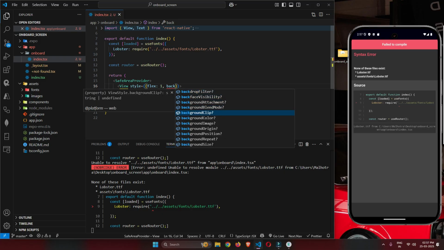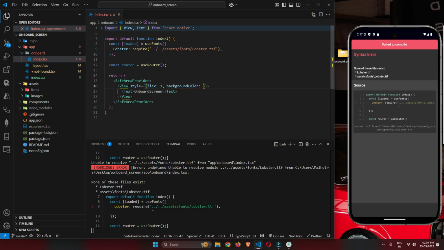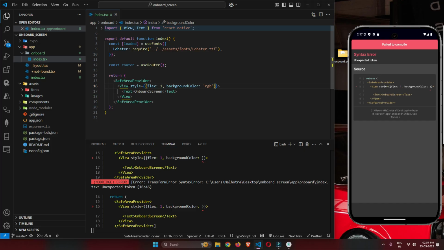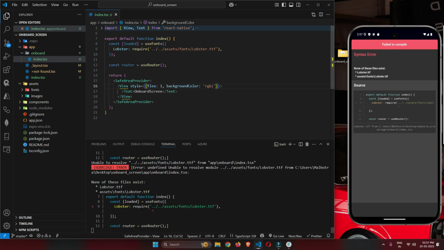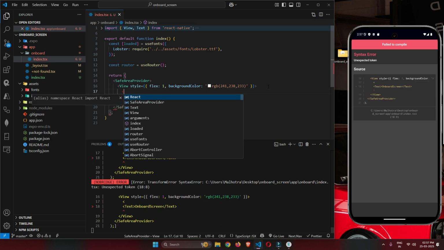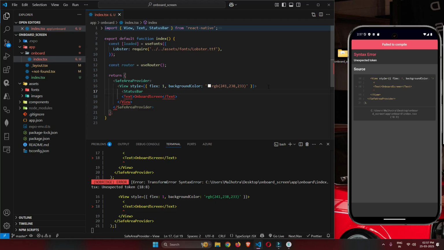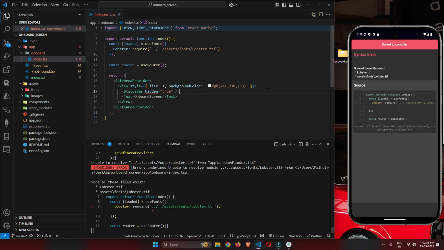Background color will be RGB 241 238 233. Status bar hidden true. Okay,